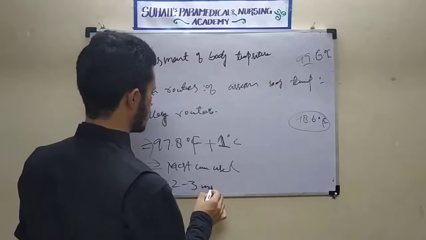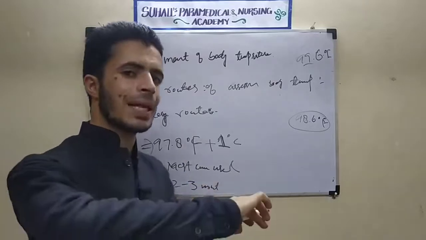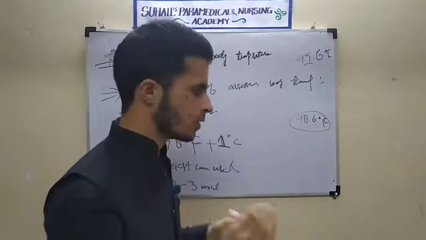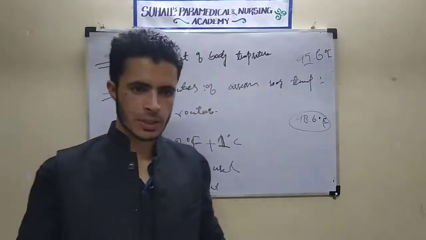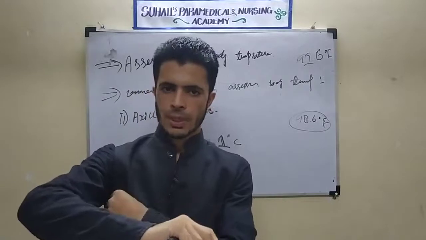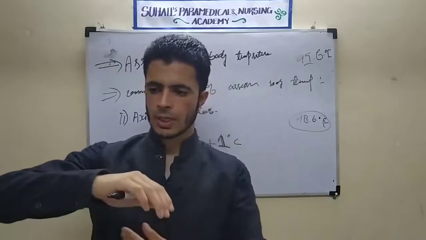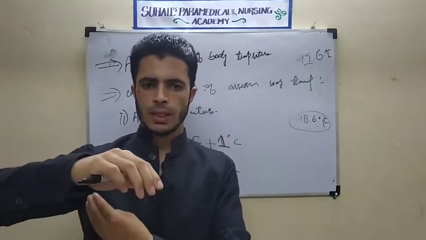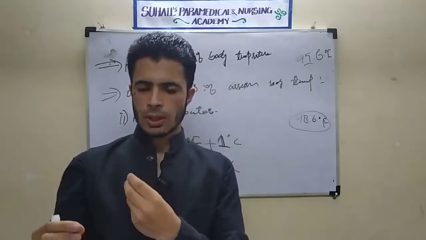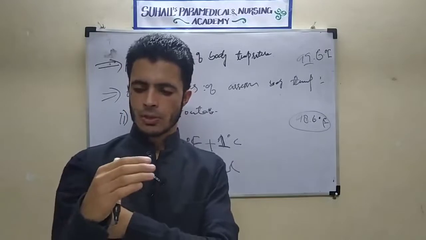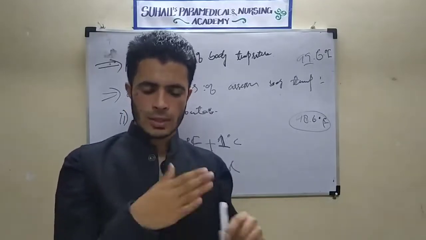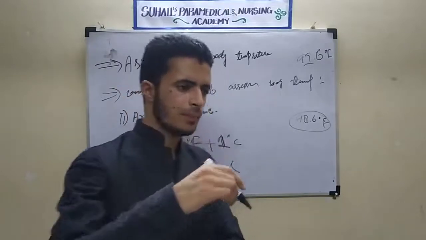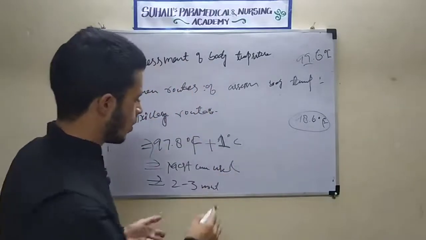We should use it for 2 to 3 minutes at the mid axilla. Now I will say the procedure. When the patient is sitting, we have to keep the thermometer here. If the axillary region is unclean, we will give some cotton to the patient, and he will clean. After cleaning, we will keep the thermometer on the mid axilla, then the patient is asked to hold the hands and keep them on the chest. Then after 3 minutes we will see how much body temperature is there.